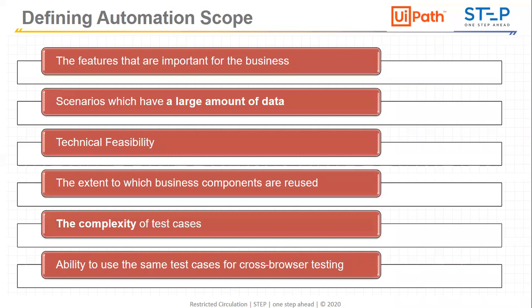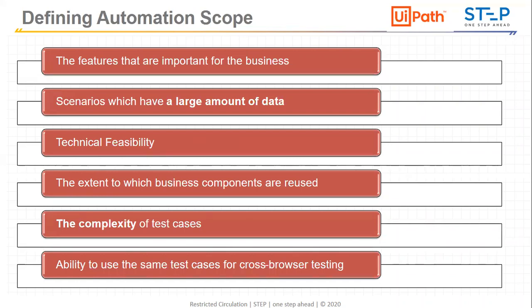I don't need to create the entire test suite again and again. I can create one test suite for one browser, and depending upon the element, maybe on IE or on Chrome, the objects are not the same, or the placements are not the same. So I need to see that feasibility and define the cross browser testing. So this is related to defining the automation scope.